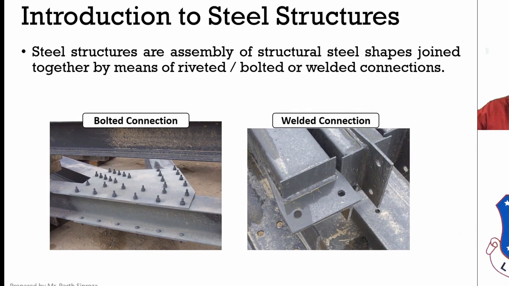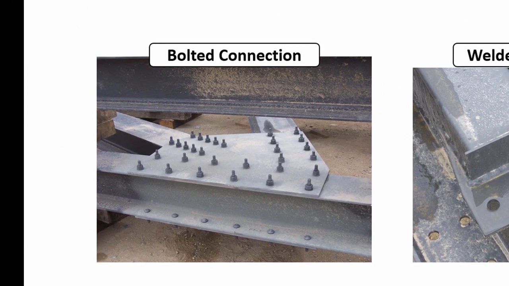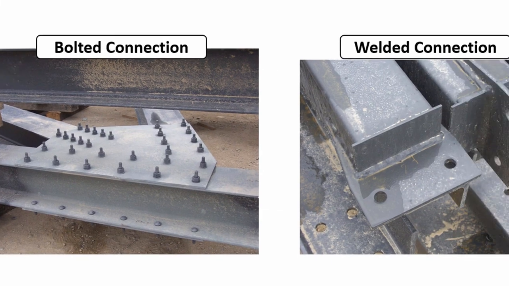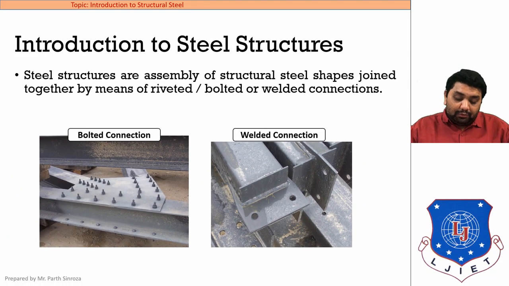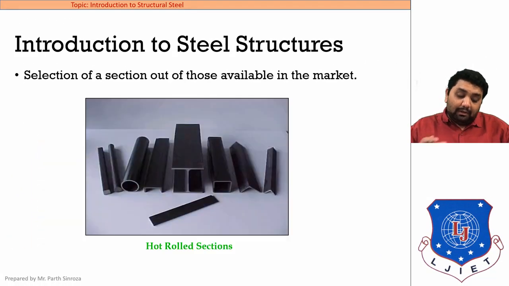In bolted connections, bolts are provided, but these are not the normal bolts that you use in your day-to-day life. These are structural bolts specifically designed to connect structural steel. We will discuss that in the next lecture, where we will start with bolted connections. In the right side figure you can see a welded connection, that means the two plates are connected using welding. Clear?